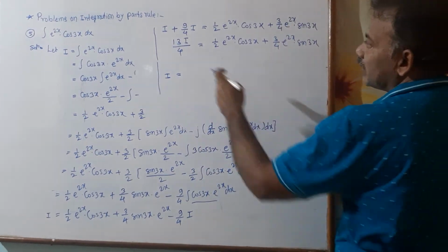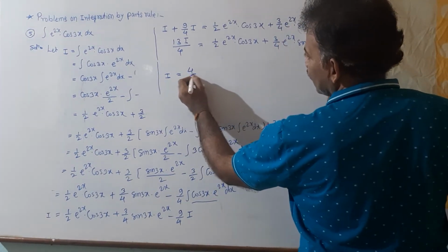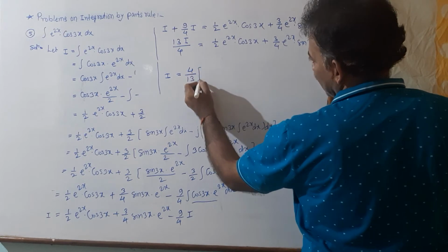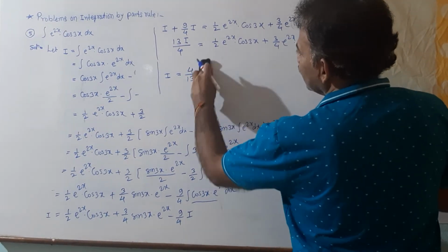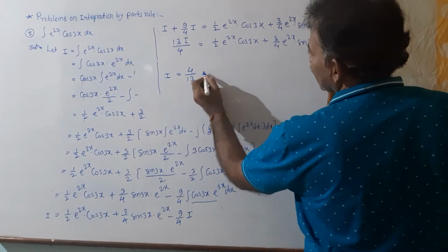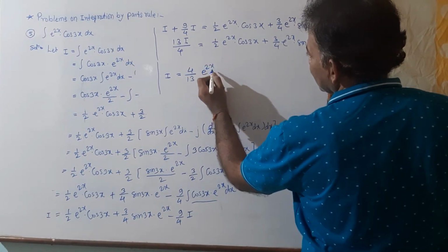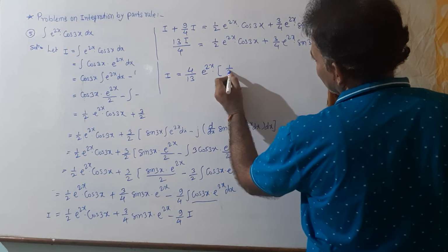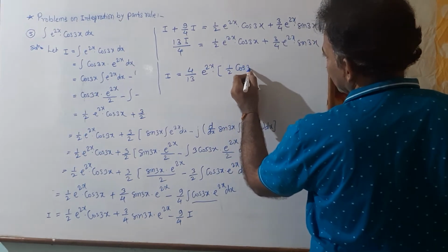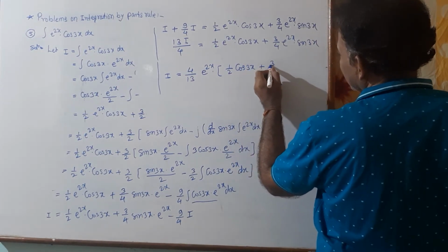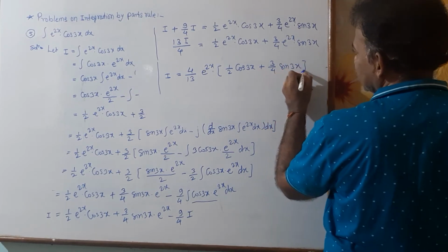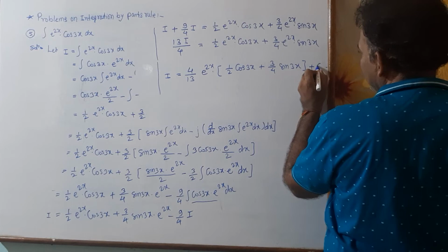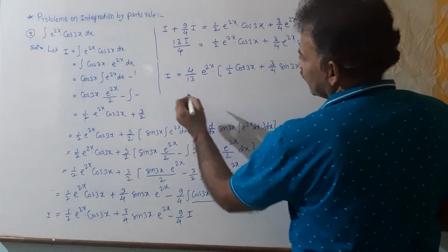So it is equal to, take 13 by 4 on the right side, so we get here 4 divided by 13 and in bracket at right side, or you can take common from the right side. What is common? e to the power 2x we can take common, and in bracket 1 by 2 cos 3x plus 3 by 4 into sin 3x, and in this step add plus c, that is the constant of integration, and